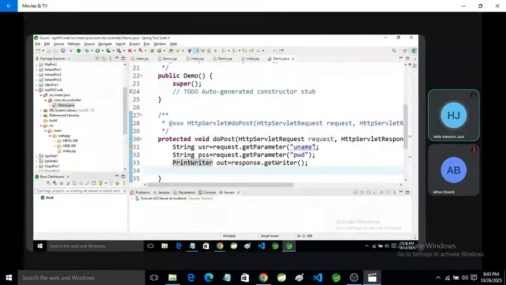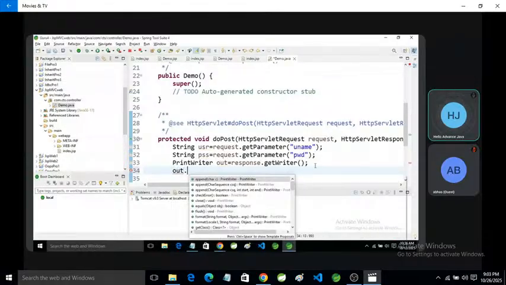Now we are going to create a dynamic page.